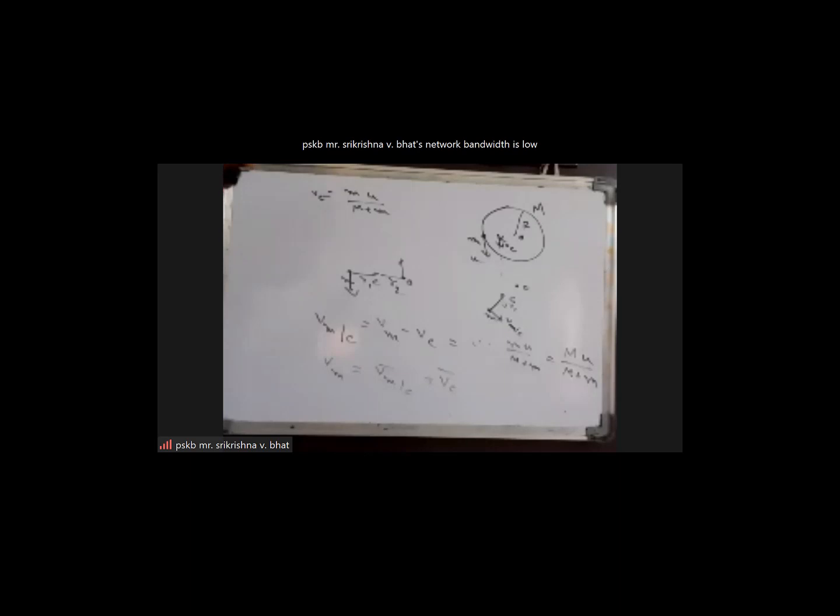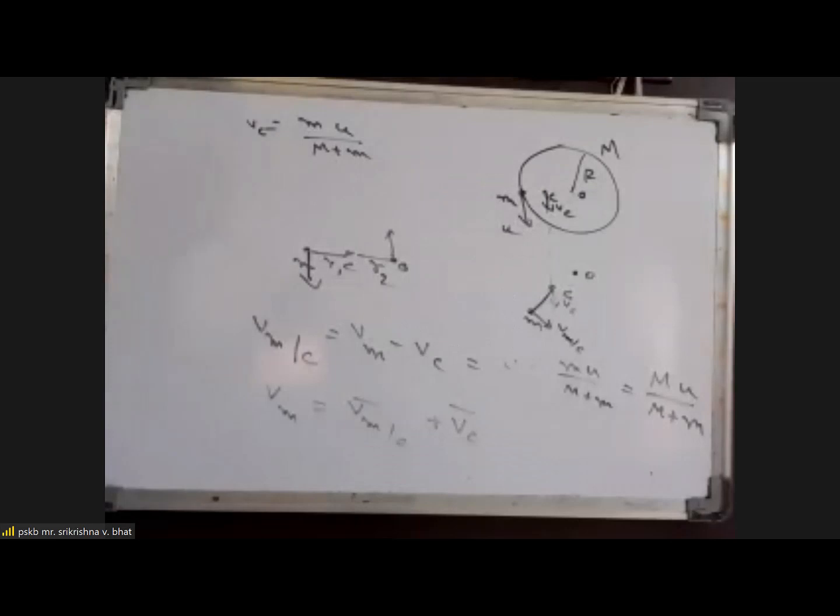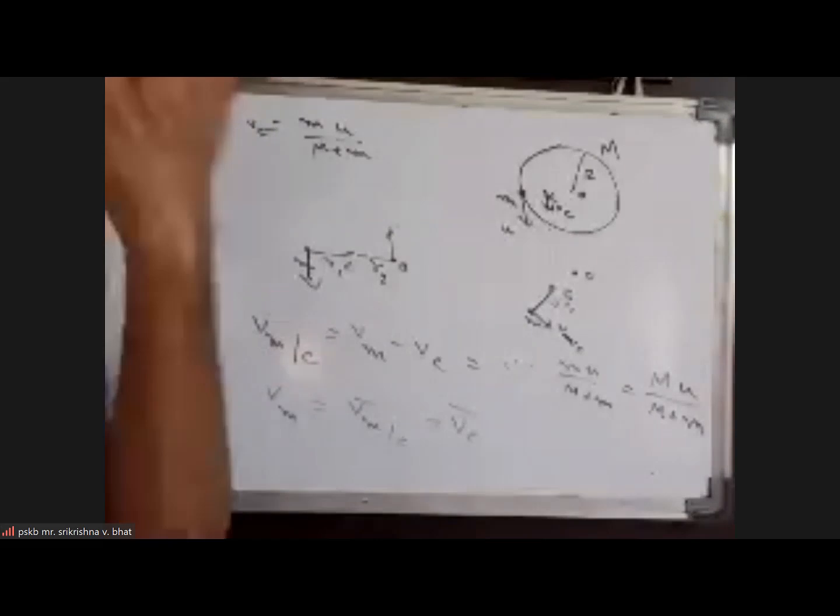Sir, why is the velocity of the small mass with respect to the center of mass constant? The velocity of the small mass with respect to the center of mass will be constant because it undergoes uniform circular motion with respect to the center of mass. It starts off moving with this velocity with respect to the center of mass and with this radius. The only force making it move is the contact force between the ring and the mass, the only internal force acting between the two bodies, which makes it move in a circular path with respect to the center of mass.